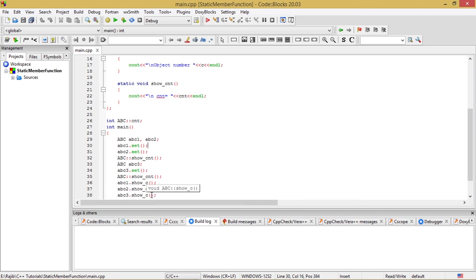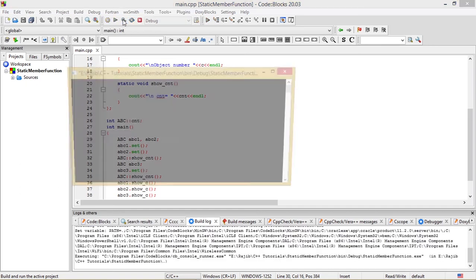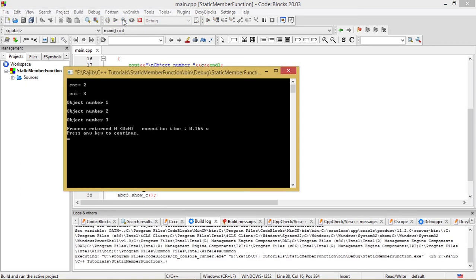Now let's go to the program output by clicking on build and run to see whether we get the desired output of this program. So let's click build and run, and we easily see that what we expected the program to give as output is being displayed by the output console.